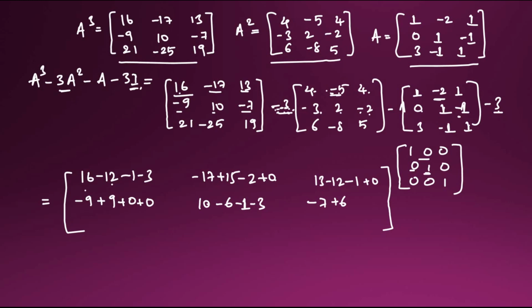So this is 1 only. So here minus into minus, plus 1 here. Again 3 into 0, plus 0 will come here, and again here 21, and here 3 6 ja 18, minus 18, and this is over. So here 3 minus 3, 0 plus 0 will come here, and after that minus 25, and here 3 6 ja